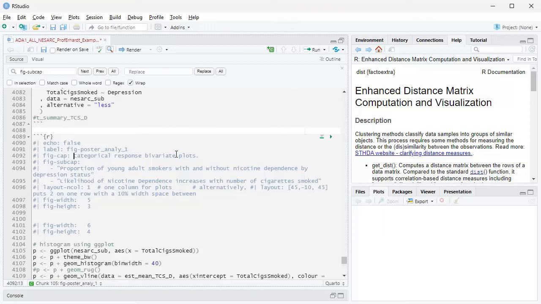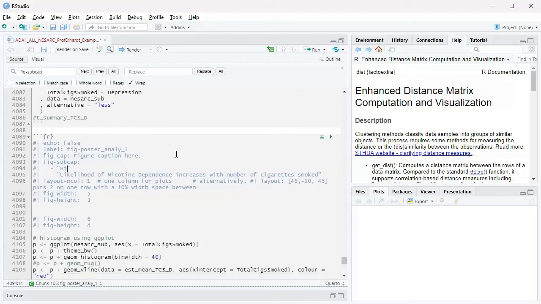All right, figure caption. I'm not sure yet, but we'll come up with something, so figure caption here. I'll improve that in a moment. The figure subcaption, I think this is going to be, so this is the first plot on the left. So I'll just say histograms. I'll improve that in a moment. And then this second caption will be something about model assumptions. Okay. The layout,